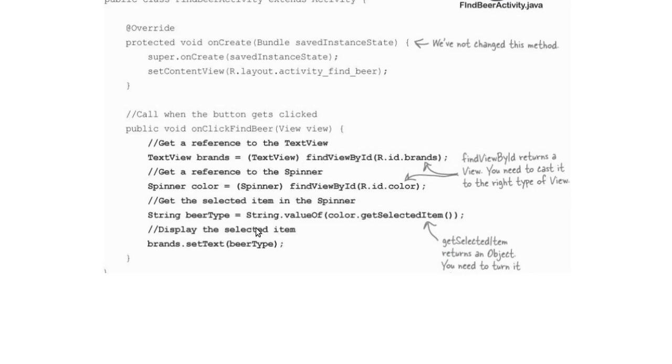So I have cast that, then we do some string operation and set the text in the brands. We have accessed that spinner, and then we get the selected item. The item the user selected, we get here, and then we put that inside setText.